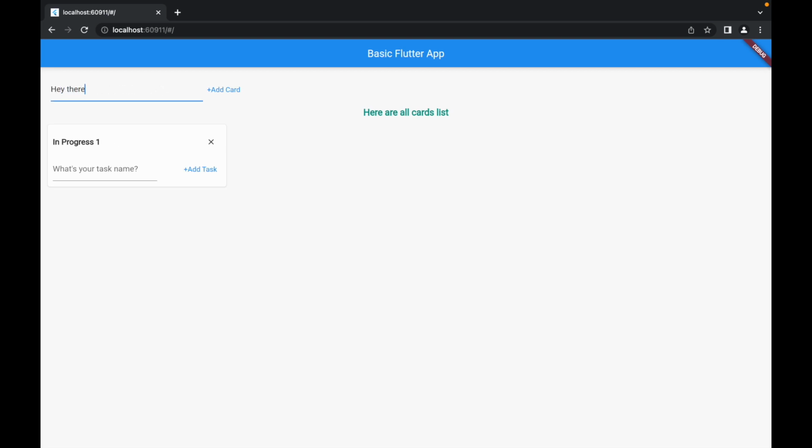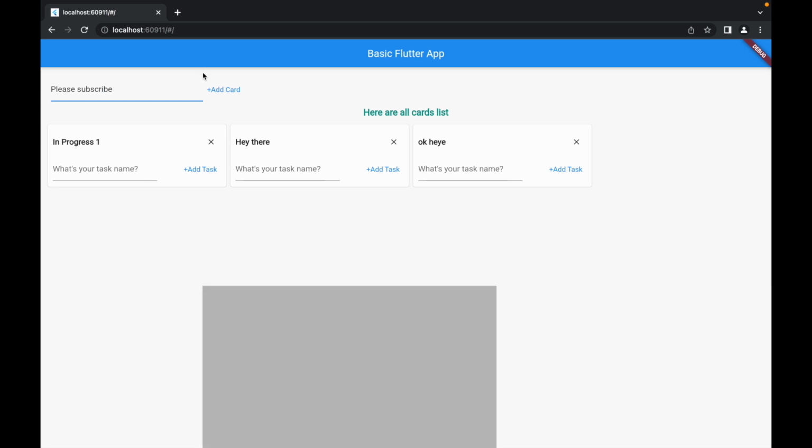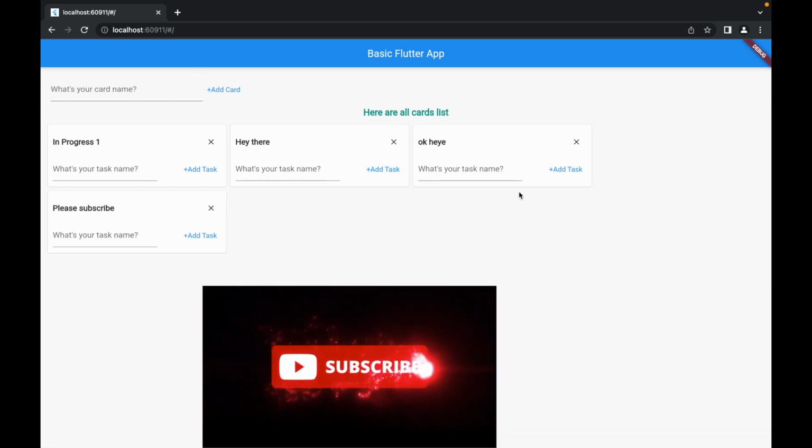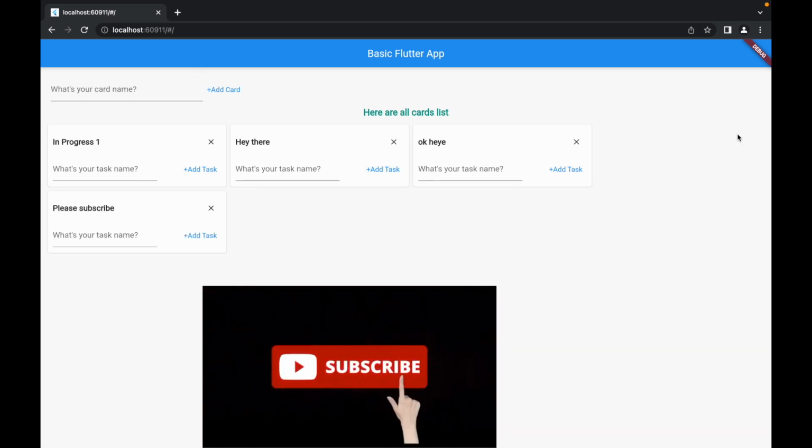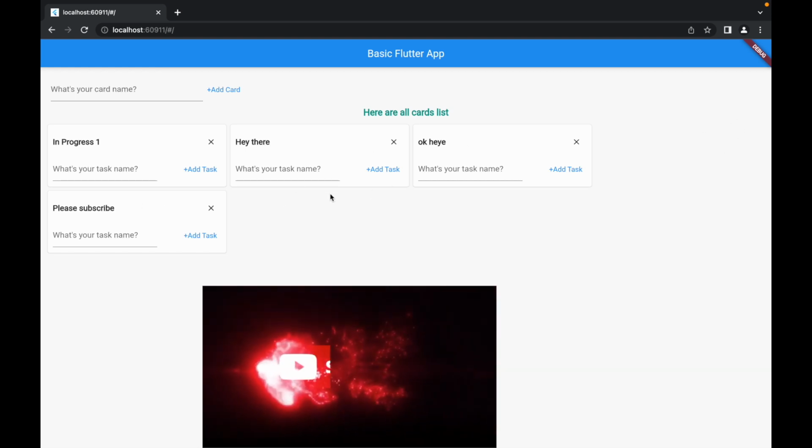Hey there, a second card. Okay, hey, third card, please subscribe, as a fourth card. Okay, so we haven't got enough space here, that's why that fourth card came into